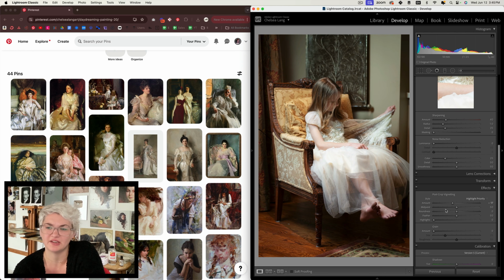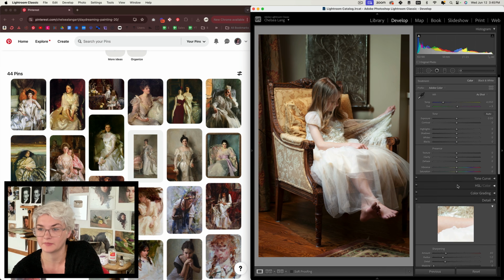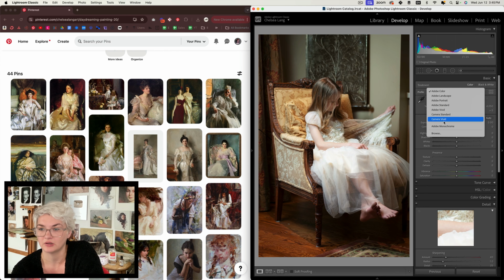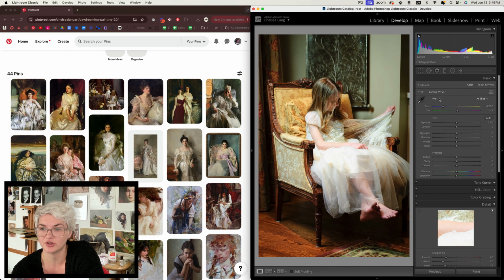So one thing I'm going to go ahead and do right off the bat is create a little bit of vignetting because I really don't want anything around the periphery of the image competing with the brightness of her dress. One thing I'm also going to do